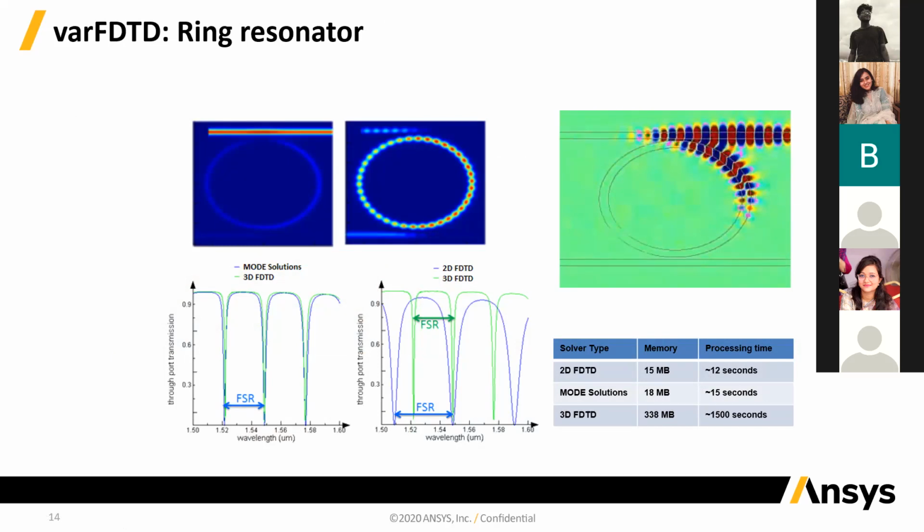Here we can see a ring, light goes through, and some of the light couples to your ring, and some of it couples back to the other bus. In this type of simulation, if you were to do it with 3D FDTD, it takes a lot of memory and a lot of simulation time, whereas for varFDTD, it takes 15 seconds for the simulation to run. So at least in your design stage or your optimization stage, this type of solvers, varFDTD or EME, where applicable, can be very handy to get you started very quickly.